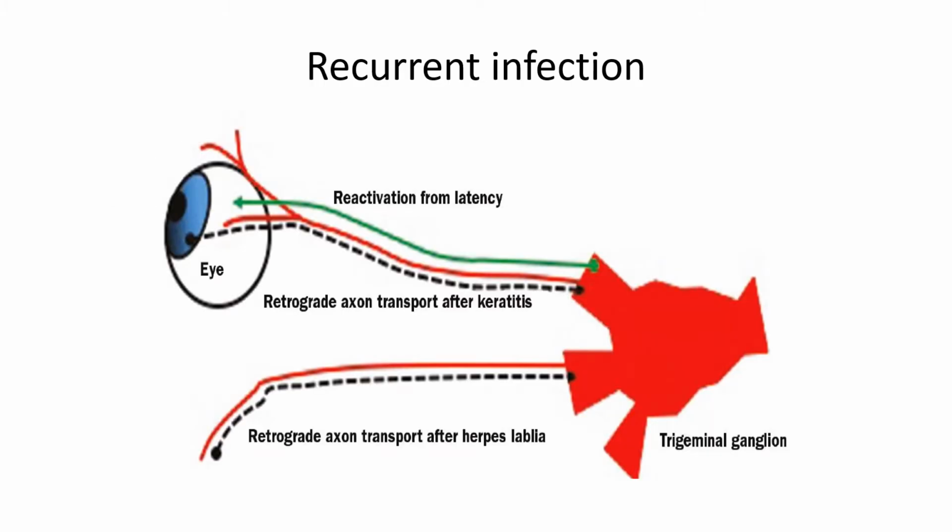What happens after primary infection? The virus from the eye goes into the trigeminal ganglion. This is the trigeminal ganglion. It resides there in a latent stage. But a variety of stresses like fever, hormonal changes, ultraviolet radiation, trauma, or trigeminal injury may cause clinical reactivation of this virus. And this virus from the trigeminal ganglion goes to the eye, and in the eye, it goes to the cornea and causes herpes simplex viral keratitis.